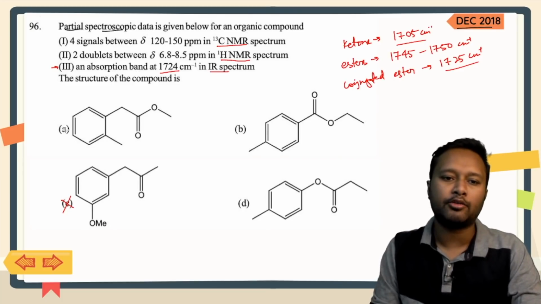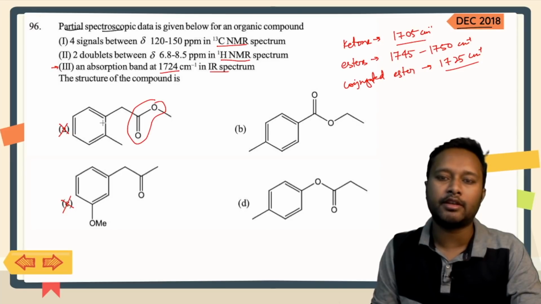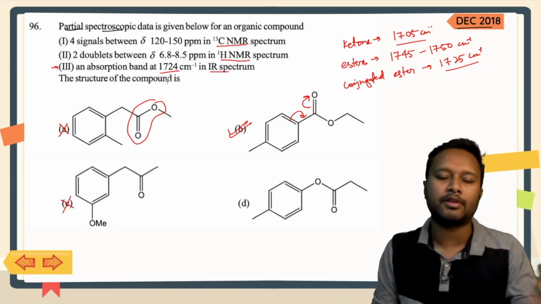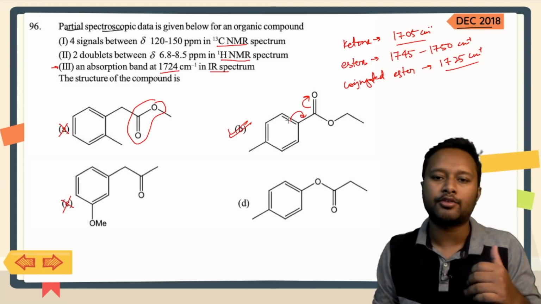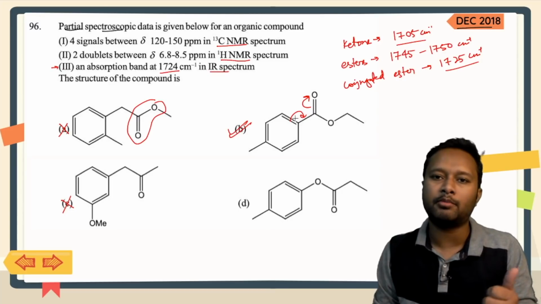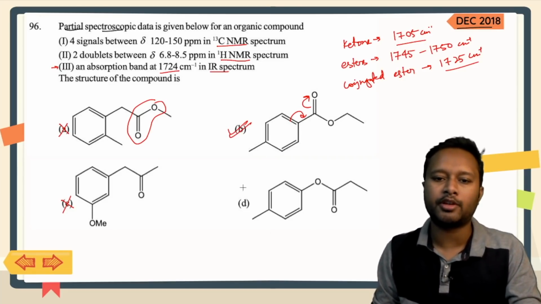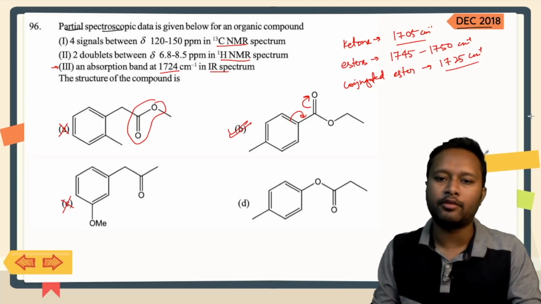With the help of that, you can simply cancel out option A, because here the ester is not conjugated with the benzene ring or the phenyl ring. It's quite away from that, so that gets cancelled. Same goes for options B and D. Option B is conjugated with the phenyl ring, because this peak is because of the carbonyl peak, right? So the carbonyl bond is in conjugation with the benzene ring. In option D the carbonyl bond is not in conjugation with that, it's quite away from that. So you can cancel out option D also. But let's look at the next data, whether it also justifies the same or not.